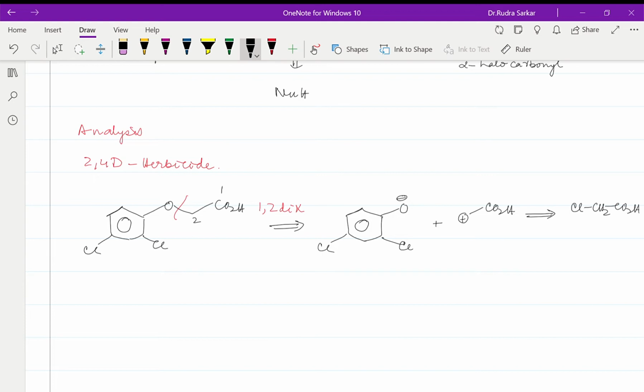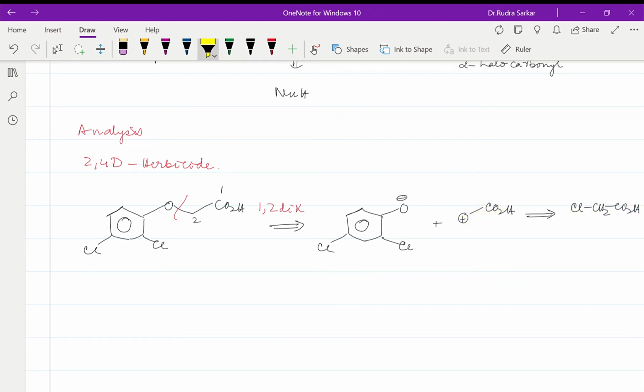So the reagent for the synthon, this one, is the alpha halo carboxylic acid, and this type of alpha halo carboxylic acid can be easily produced by HVZ reaction,